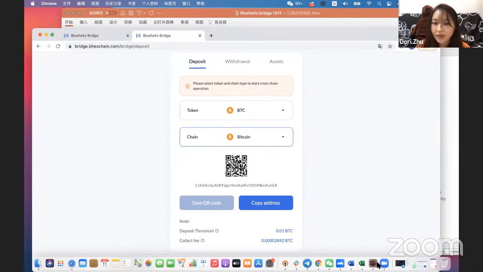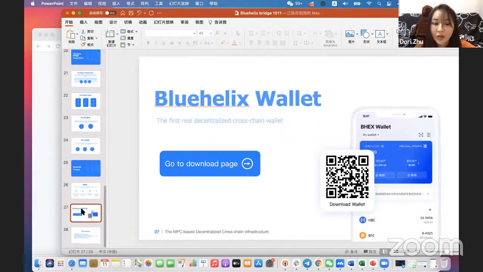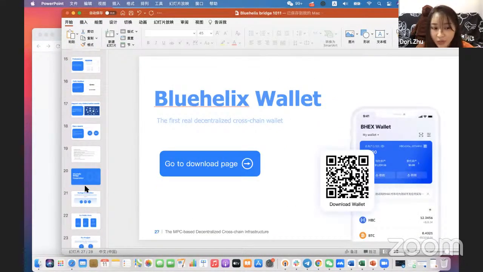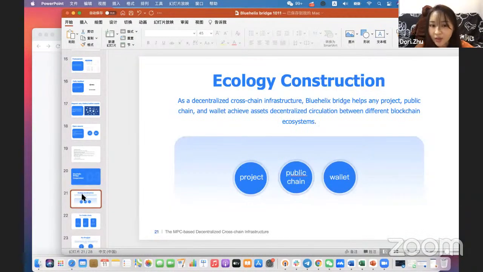Also, for our project partners, how to cooperate with the Bluehelix Bridge? I think our project will help users achieve decentralized, safe, native-asset cross-chain transactions.